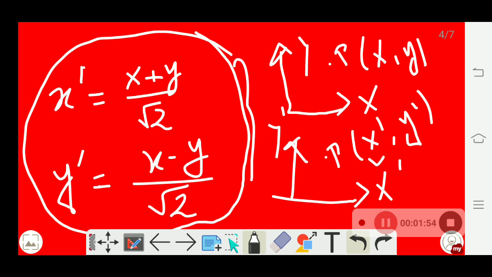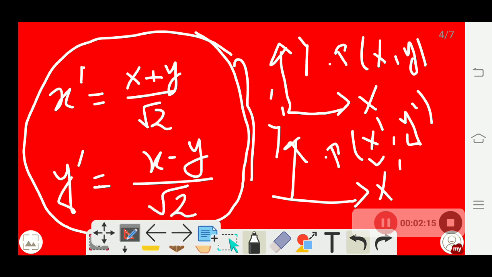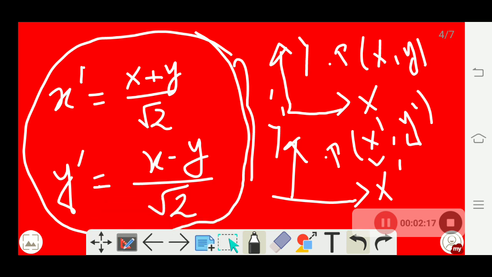I think you know what is coordinate transformation, because if you have studied special theory of relativity or some of the basic portions of classical mechanics, that first chapter, the Galilean transformation, right? Yeah, you know what is coordinate transformation. If you don't know, you may comment. I'm ready to make a video on it. Okay, so let's go to the next part.